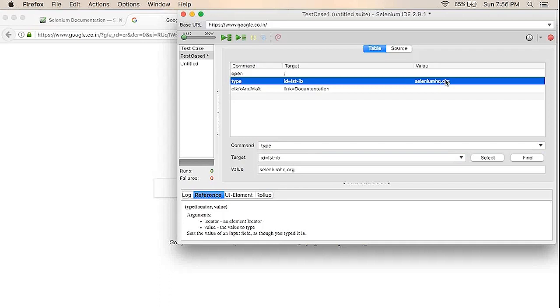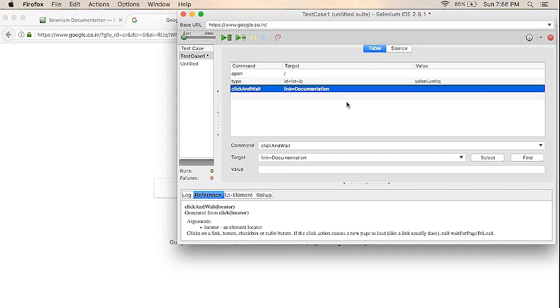And post that, there is a value that you are using with the type command. For that, we need target as well as value. So what value do you want to give? Do you want to give seleniumhq.org or what? If you want to change it again, it's editable and you can simply change it to seleniumhq and done. Post that, we have click and wait. Selenium HQ, when you search for Selenium HQ,